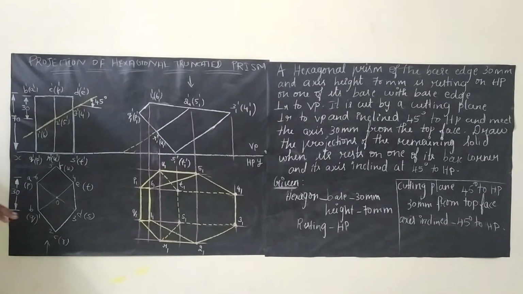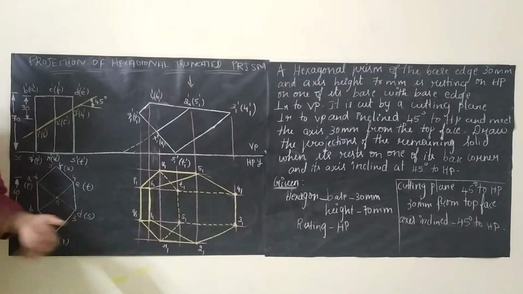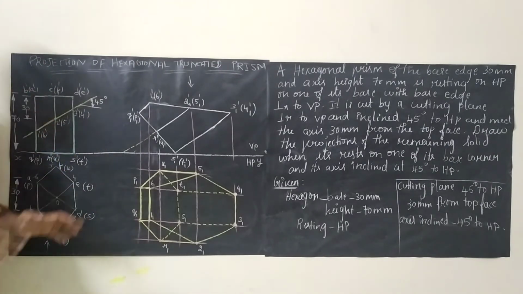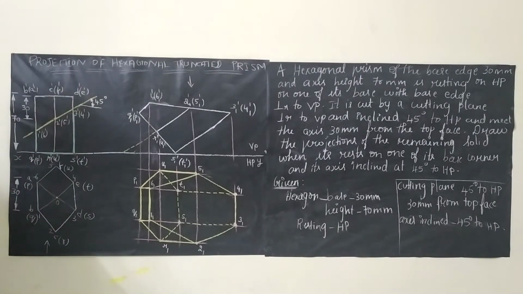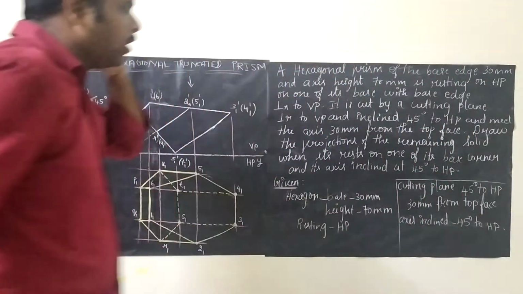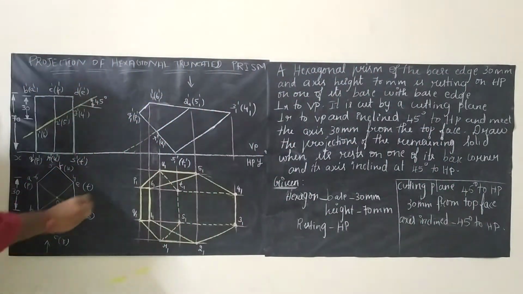I haven't drawn using any scale, so sometimes the diagram might look a little bit lower when compared to yours. But just try to understand the concept, and when you implement whatever I said, you will get a more or less exact diagram like this. You need to focus more on dimensioning. We need to dimension 70, 30 and 30. And one more thing is the axis, I just missed it. The axis is 45 degree, so we need to dimension the axis as 45 degree.